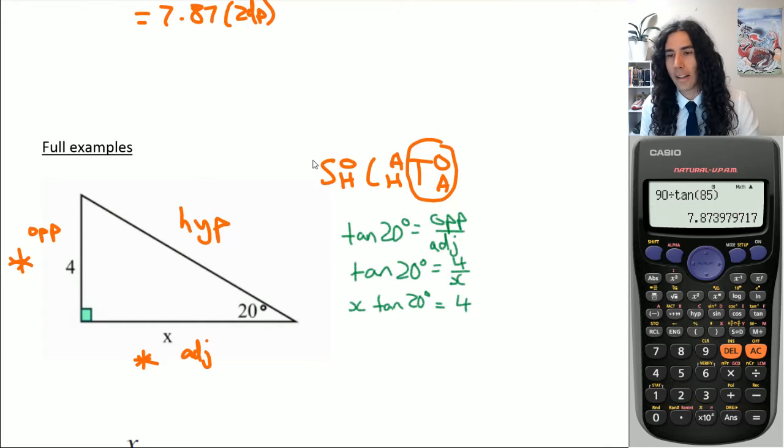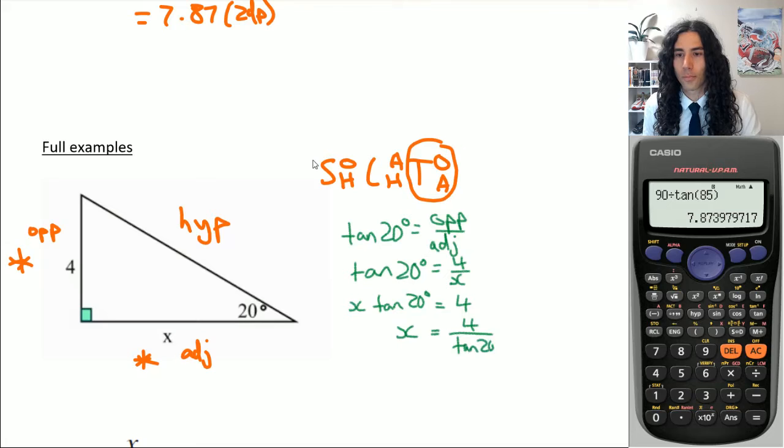We'll actually write down times by x because it gets too ugly. And then x equals 4 on tan 20. Then we go calculator. Oh yeah, last time I was using the divided by symbol, but if you want to do it as a fraction, whatever, that's cool. Same thing. X is equal to